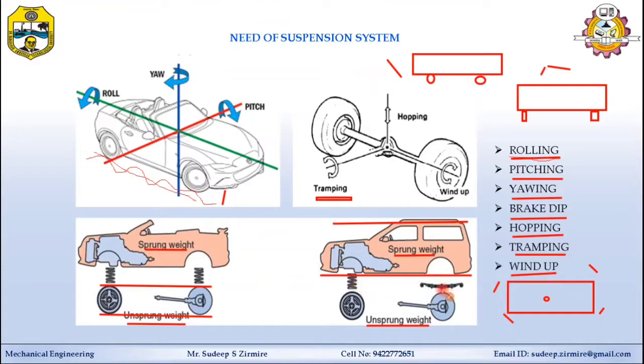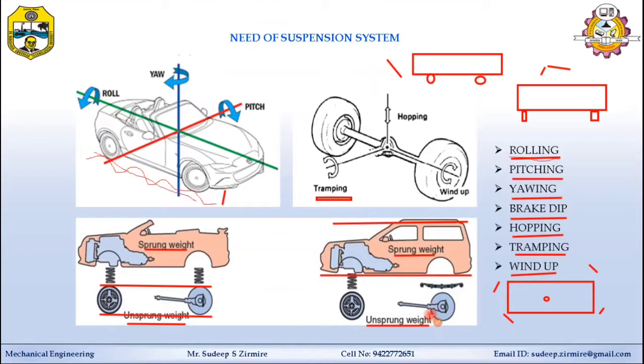For example, you can see this part is called the sprung weight, supported by the suspension spring. It is applicable to any spring or any type of suspension. You can see here two coil springs, and a leaf spring and coil spring as shown. The weight above the suspension is called the sprung weight, and the weight below the suspension is called the unsprung weight.